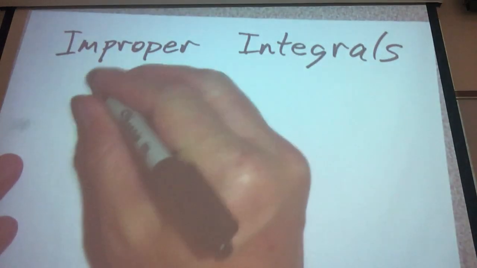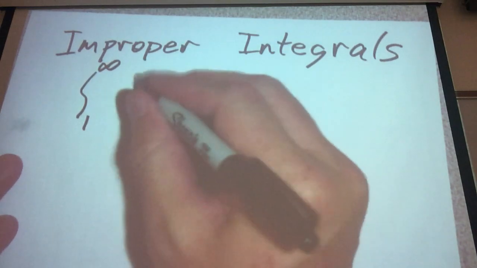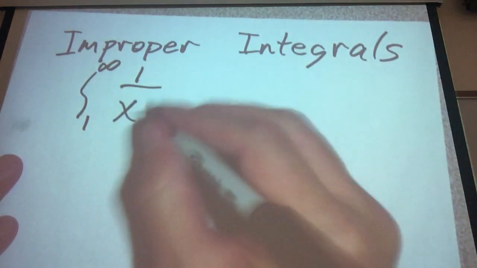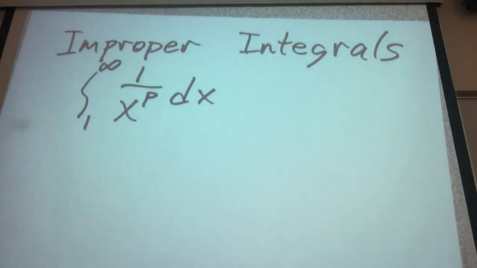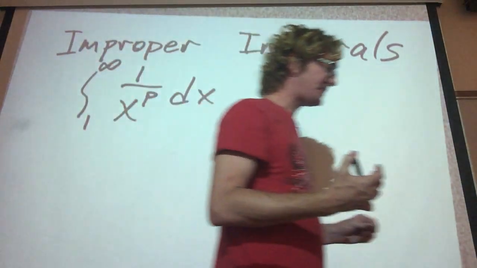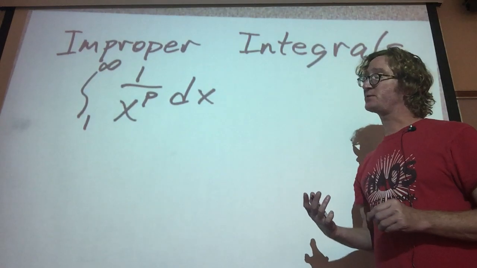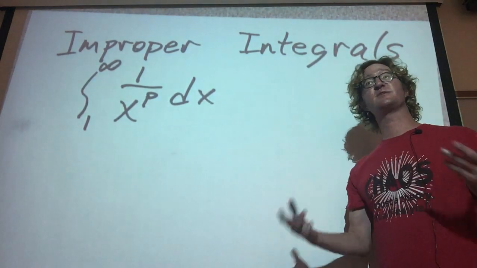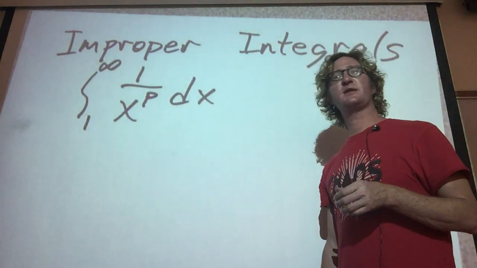Let's say we were going to do the integral from 1 to infinity of 1 divided by x to the p, and we're going to integrate with respect to x, okay? And so we're going to attempt this problem with different values of p to try to see when does an integral like this actually converge to a number, and when does an integral like this actually tend towards infinity, okay? So why don't we start off with p being less than 1,